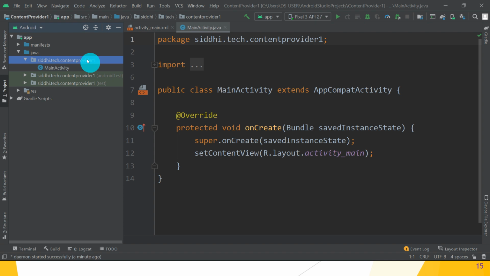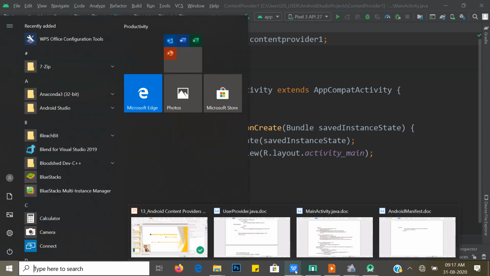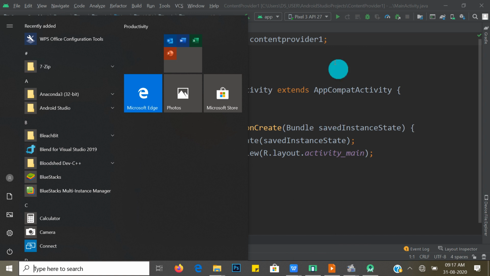First we have to create one class, called the user provider class, in our Android Studio.